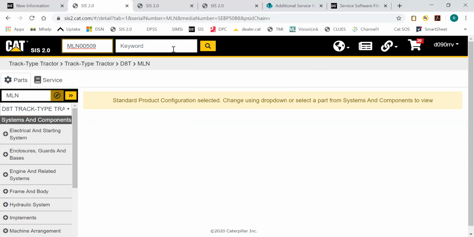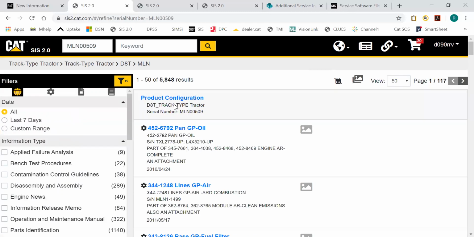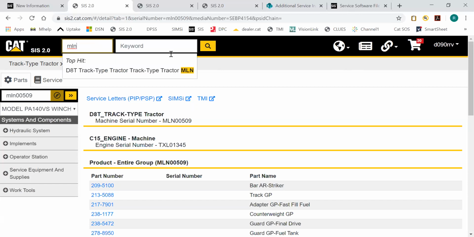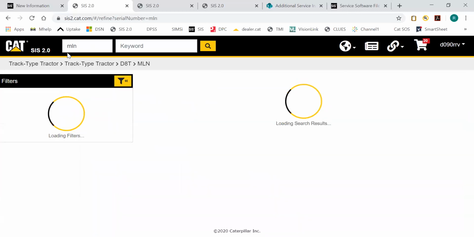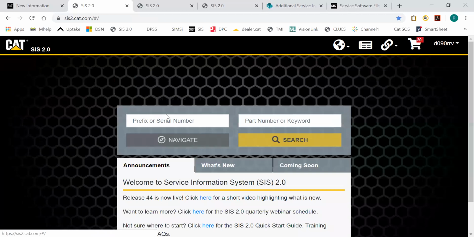Now I was about to just do the same thing. I was about to hit search, which would have brought me to this giant page, which if I accidentally hit that, I can just click on the product configuration, actually go back. So you can see you can make circles if you really wanted to without even getting out of it. Do a whole bunch of circles and stuff if you really wanted to, but